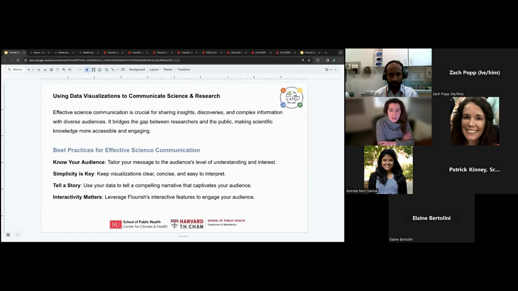So effective science communication is crucial for sharing insights, discoveries, and complex information with diverse audiences. It bridges the gap between researchers and the public, making scientific knowledge more accessible and engaging. I added some best practices that I utilize for my research project for effective science communication, which is, one, to know your audience. So tailoring your message to your audience's level of understanding and keeping it interesting at the same time. Simplicity is key. So keeping your visualizations clear, concise, and easy to interpret, and also helping to guide your